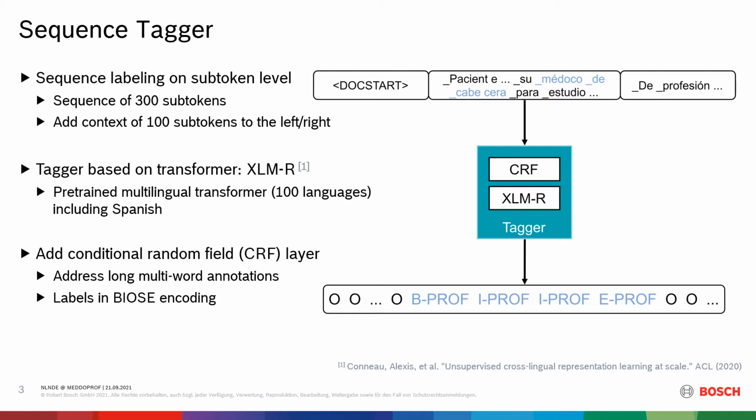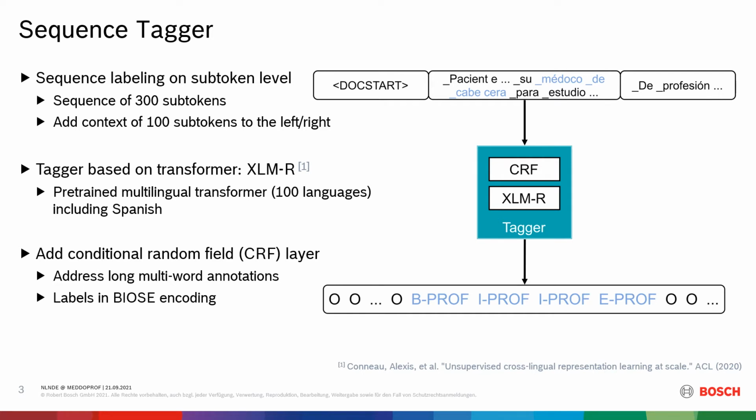And as label encoding, we have chosen the BioSE encoding, and this has additionally separate labels for the ending of an annotation and a special markup for single word annotation. And this XLM-R CRF model here we see is the foundation for all other experiments, and we use it similarly across all runs. And now I will continue with the potential extensions, and starting with a closer look at the